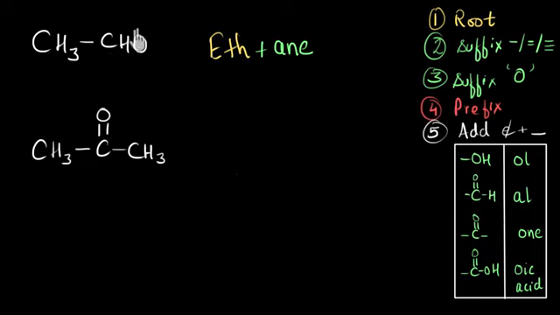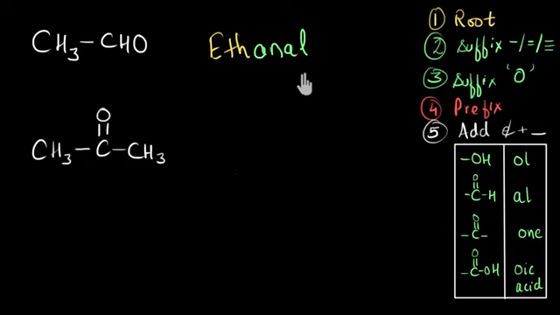So to denote the presence of aldehyde functional group, we use the suffix al. So that will be added over here. Now I do not see any presence of chlorine or bromine, so no prefix will be added. Now the last step is to add all of these words to get a meaningful name. Now see, eth plus ane, this will be added simply and we will get ethane. Now when we are adding this word and al, then last E will be removed and then these 2 words will be added, ethanal. So this compound is called ethanal.